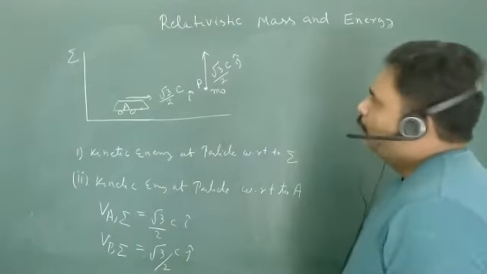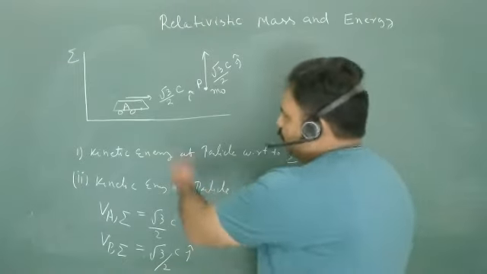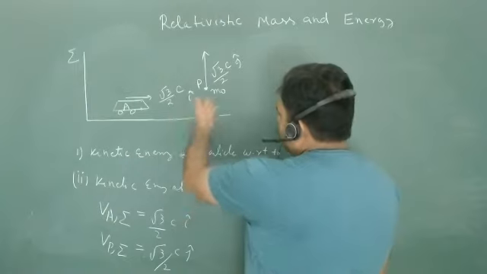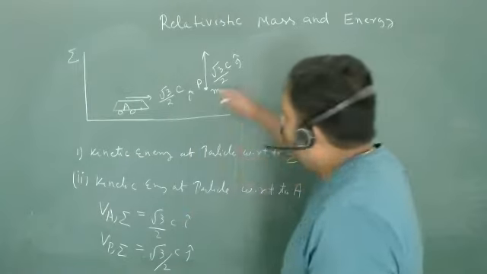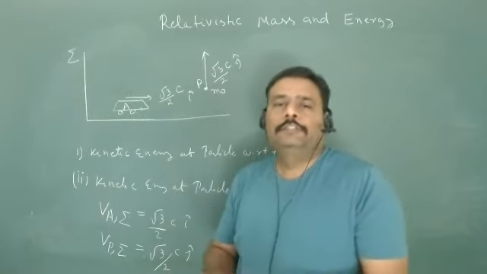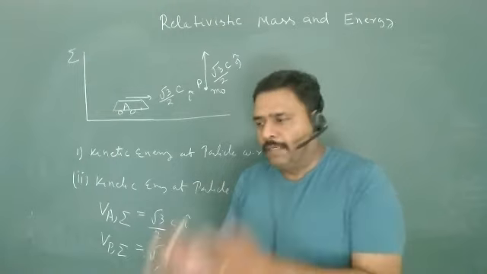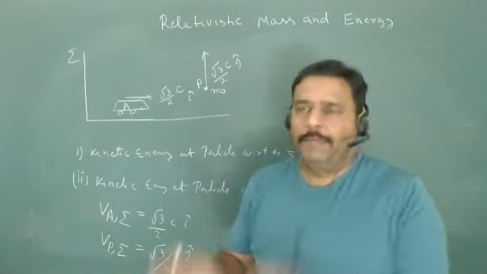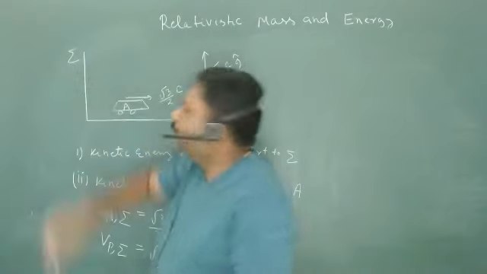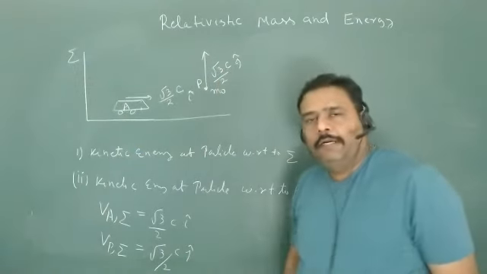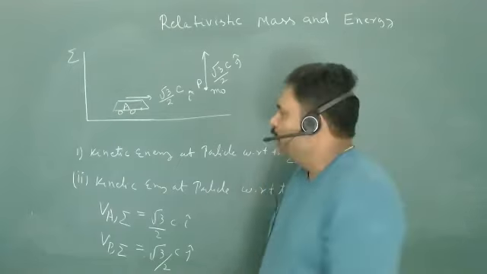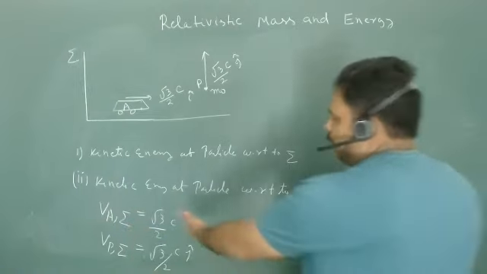So first, for the first question, we have to calculate the total energy, then we can easily calculate the kinetic energy because we know the rest mass. How will you calculate the rest mass? When you sit on the mass, there is zero relative speed between the observer and the mass, and you will easily calculate the rest mass m naught. So will the person sitting on sigma calculate rest mass or relativistic mass? Relativistic mass, because they have relative speed.